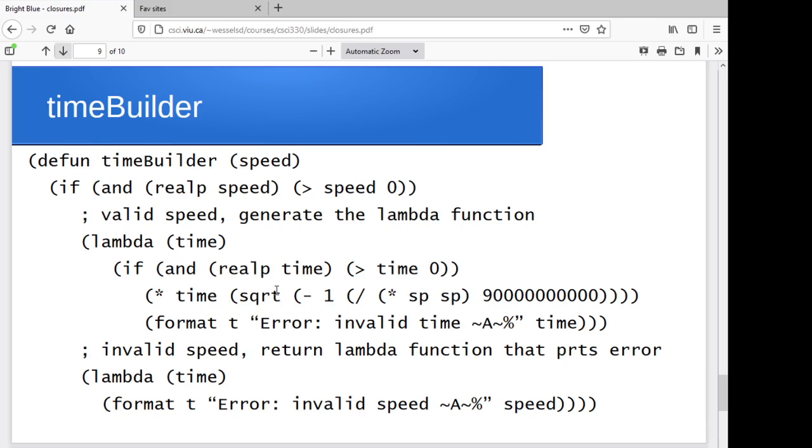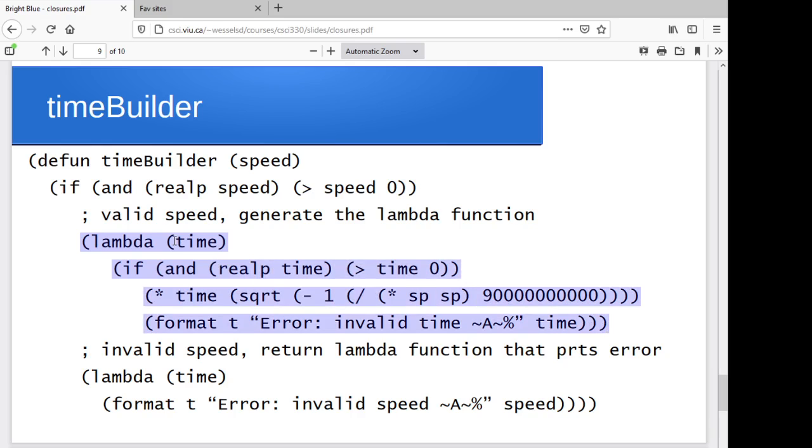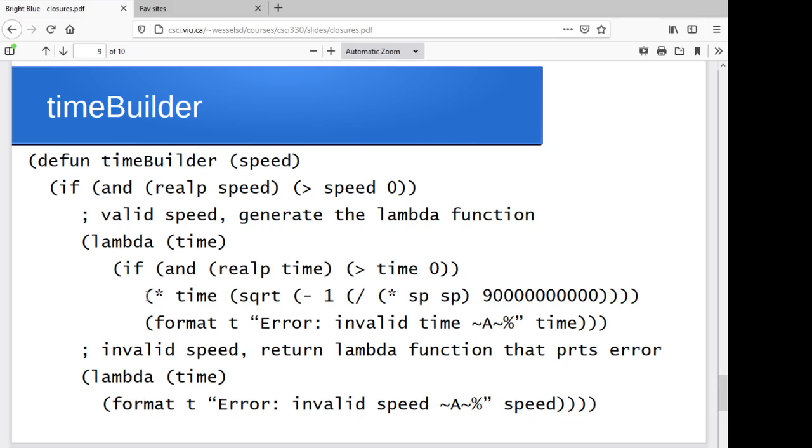And again, assuming I haven't messed up my formula here, our time builder takes a speed, and if the speed was a real number and it was greater than 0, then we'll generate this time calculation function. So this is a lambda function that expects one parameter, the time that passed back on Earth, and it's going to say, okay, well, if that time was a positive real number, then we'll apply this formula to figure out and return how much time has passed for Bob. And if it wasn't a positive real number, then we'll just produce an error message. Right? So again,